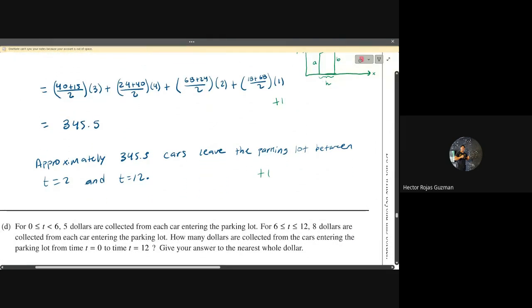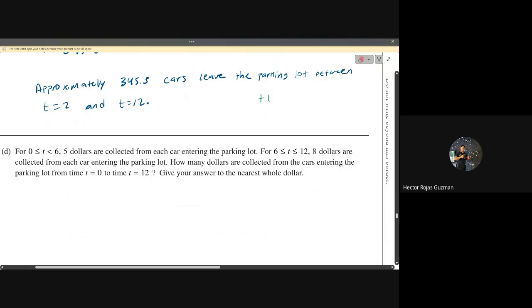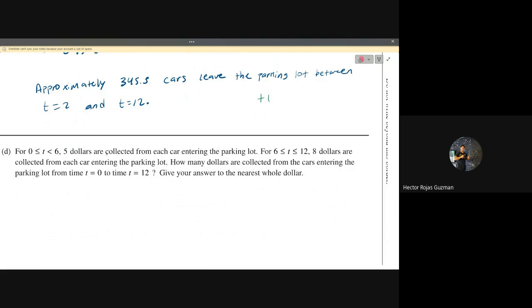Okay. The last part. From 0 to 6, $5 are collected from each car entering the parking lot. From 6 to 12, $8 are collected from each car entering the parking lot. How many dollars are collected from the cars entering the parking lot from 0 to 12? Now,